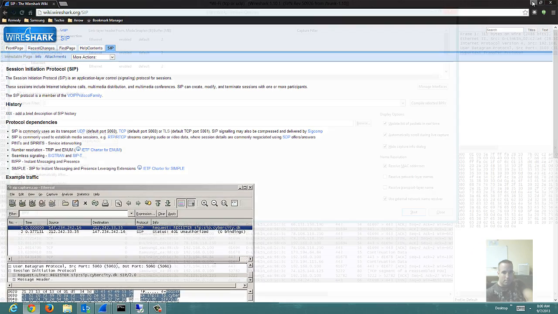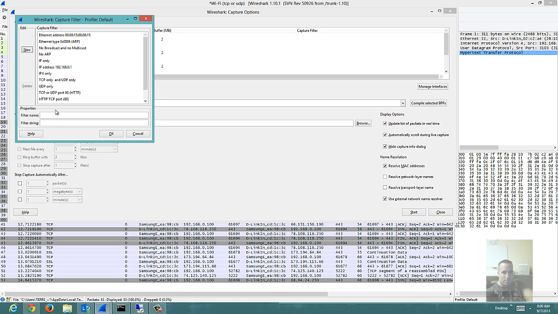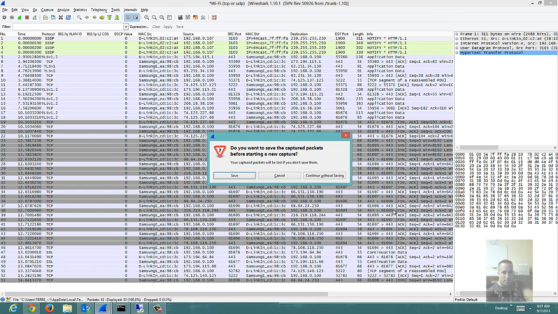However, what they're telling me is that I should be able to do a capture filter, and say, if I wanted to just use 5060 instead of 80, and then we would call this SIP, that should work. So port 5060, and this is going to give me both TCP and UDP, port 5060, and if I hit start,